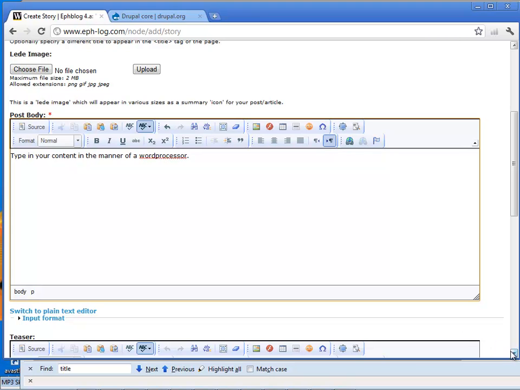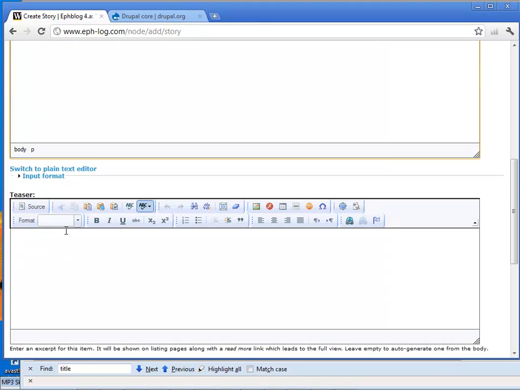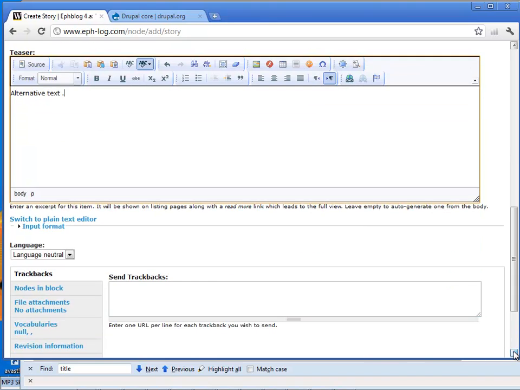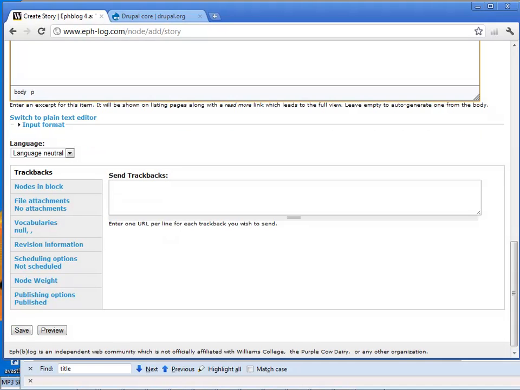The next major feature here is another text input box for teaser. This will autofill from your body if you don't put anything in, but essentially lets you enter alternative text, which is meant to be smaller and display in sidebars or in main page views, and just give our readers a quick overview of what your post will contain. So you can even enter entirely different text there if you want to give a different view or overview. I'm going to pass that up since it's not as important as a basic topic